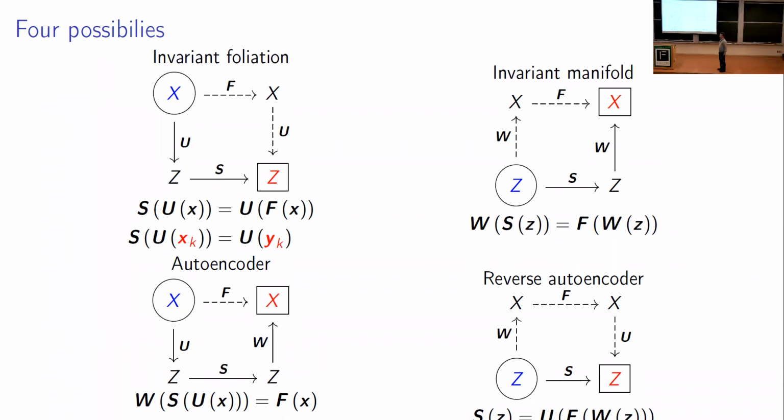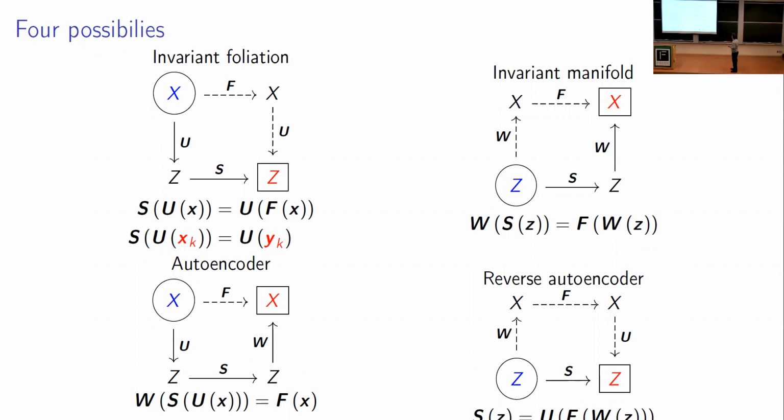This is not a commutative diagram, because you might notice that W maps to a lower dimensional space while F maps to a higher dimensional space. Very difficult to match them. You can do the other way around. You replace the order of the decoder and the encoder, and then you get a reverse autoencoder, for which you also get an